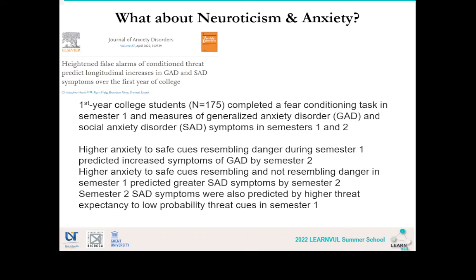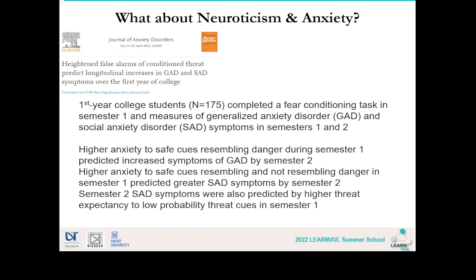What about neuroticism, anxiety, and EC? Okay. On neuroticism and anxiety, you can find some literature about trying to look at the dynamic processes regarding this emotion or states. Okay. So, for example, here, what's interesting is not the relation between conditioning and anxiety and